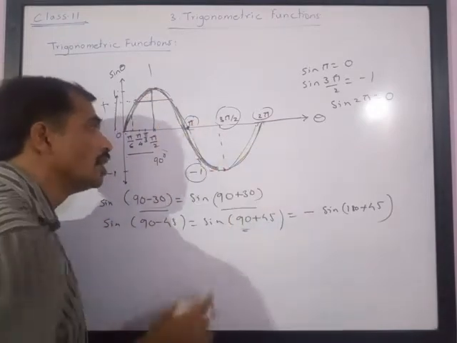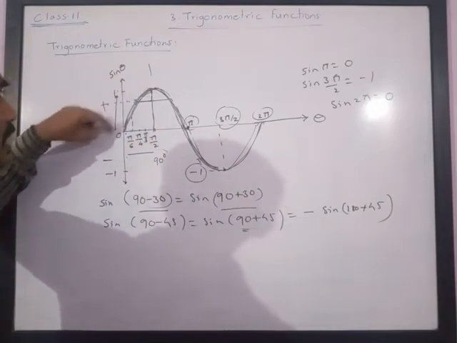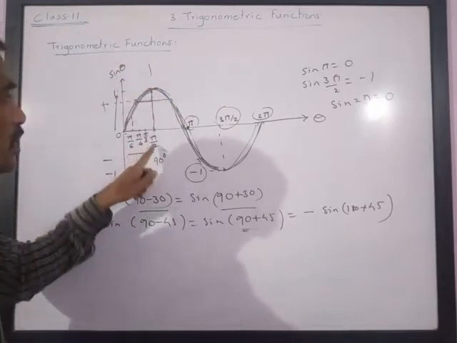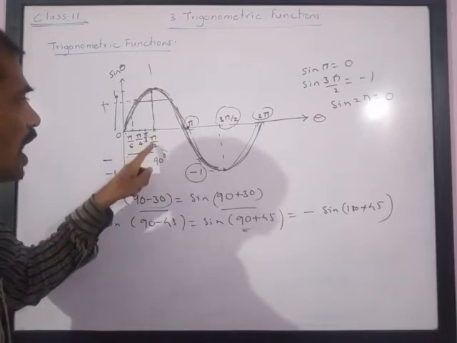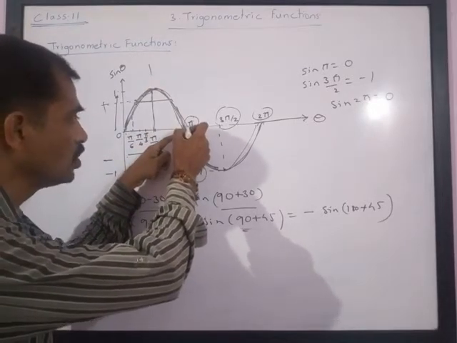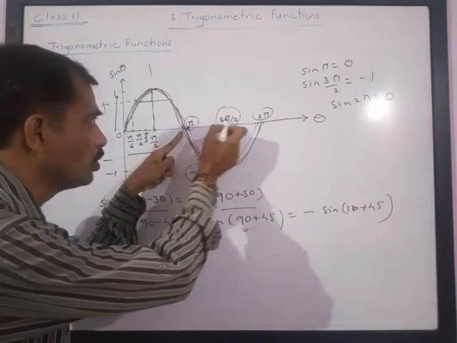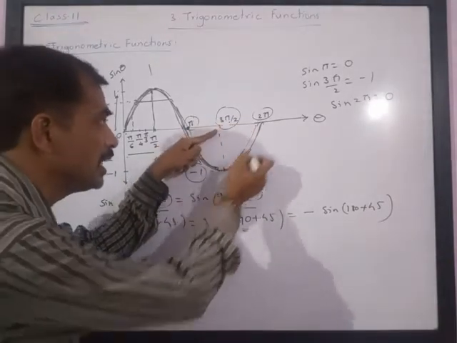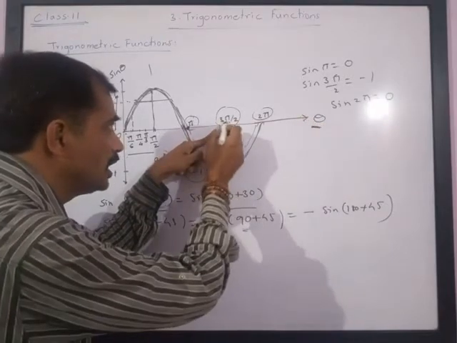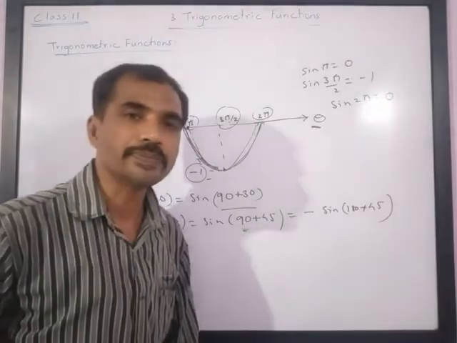curve and this curve, you will see they are exactly the same, but this one increases from 0 to 1, while it decreases from 1 to 0. That is, the sine value decreases from 1 to 0 if the angle increases from pi by 2 to pi. Then it decreases from 0 to negative 1 if the theta value increases from pi to 3 pi by 2, and it increases from negative 1 to 0 if theta increases from 3 pi by 2 to twice pi.